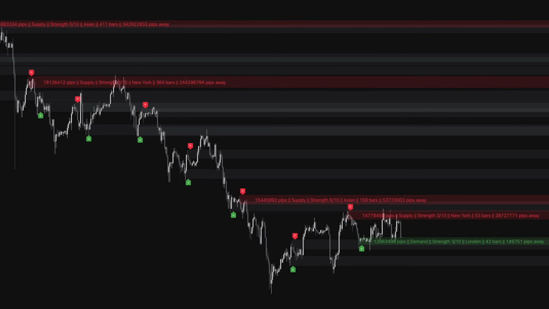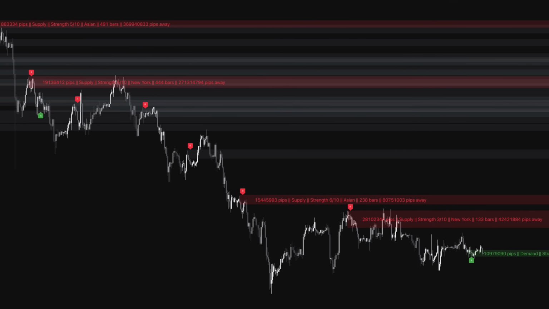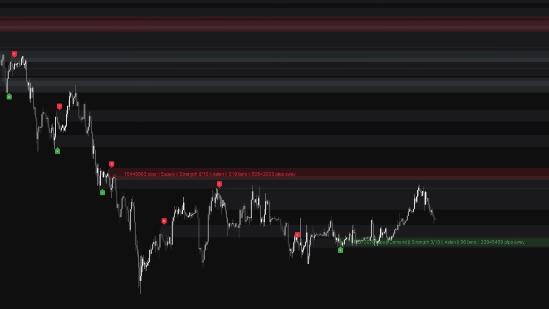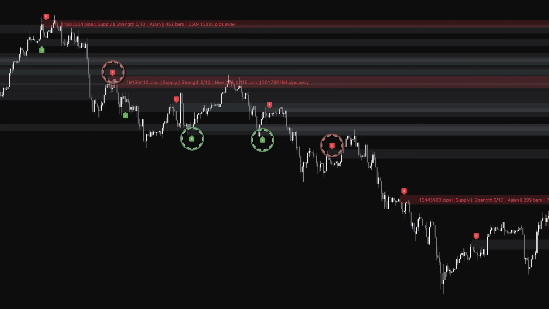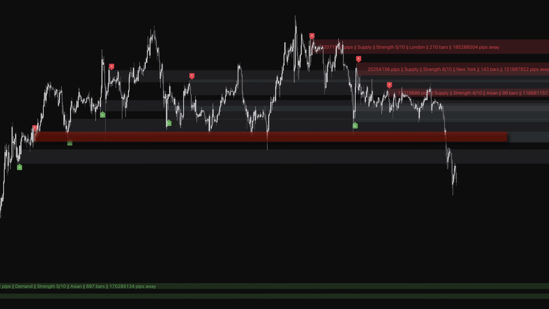In practice, these zones work well as decision points for entries and exits. Fresh zones from key sessions with high strength scores tend to hold better than old, retested zones. The retest markers show you when zones have been challenged. Strategy-wise, you can trade bounces off active demand zones for longs and rejections from supply zones for shorts. Another approach is waiting for zones to break, then trading the momentum in the break direction with a stop just